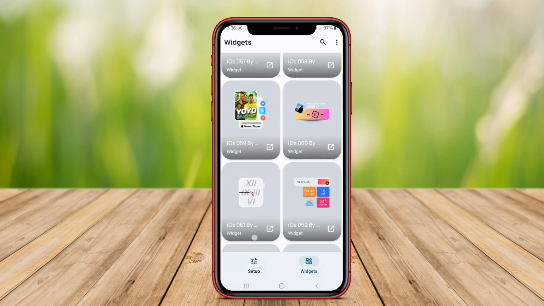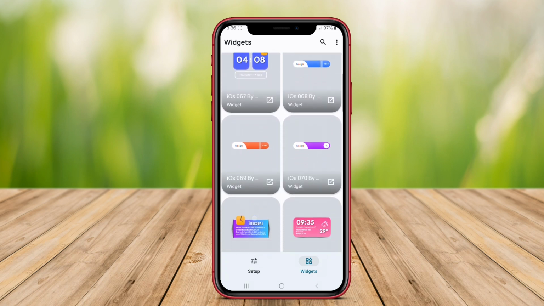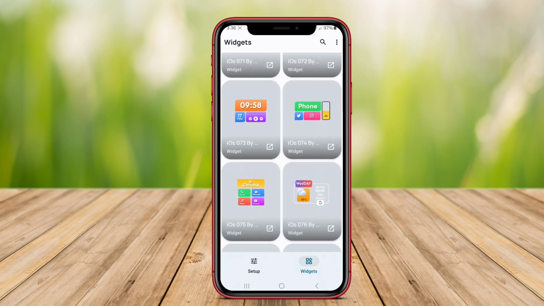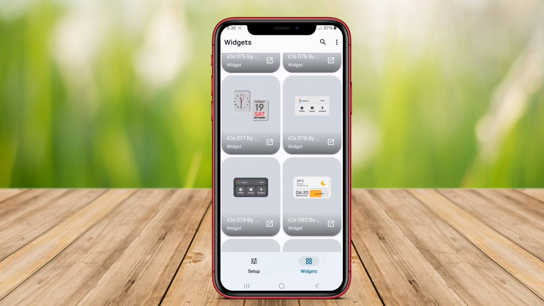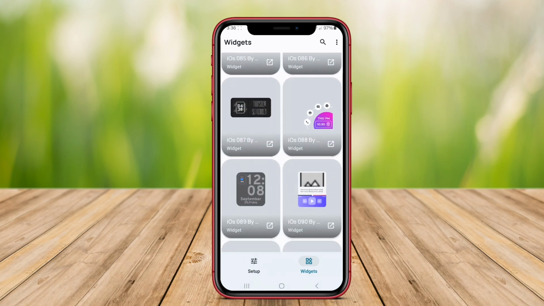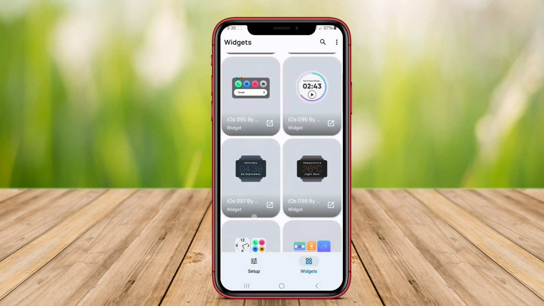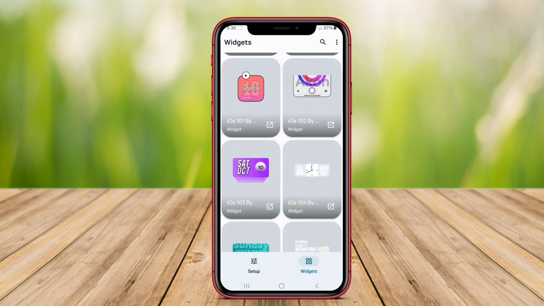Apps like Widgetsmith, Color Widgets, and Widgerido allow iOS users to personalize their home screens by creating custom widgets that display information, aesthetics, and functionalities according to user preferences. In essence, KWGT serves as a powerful tool for Android customization, while iOS offers its range of apps to achieve